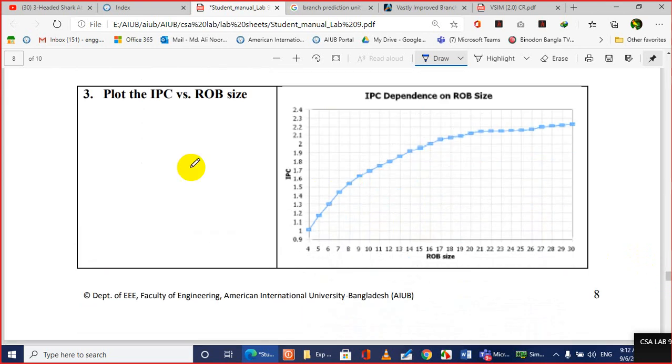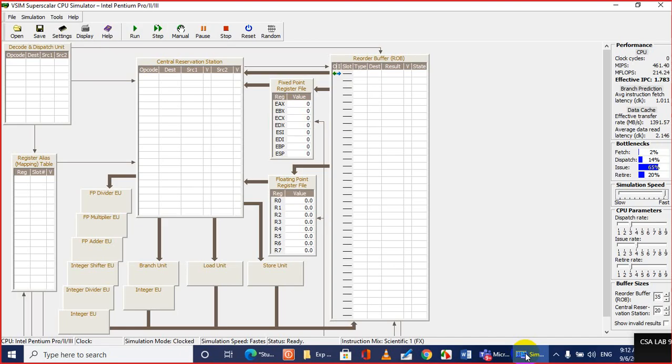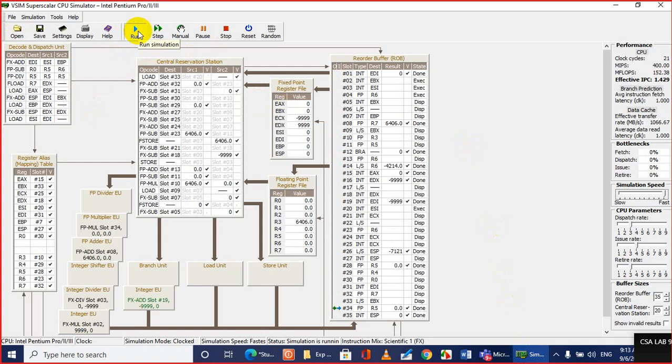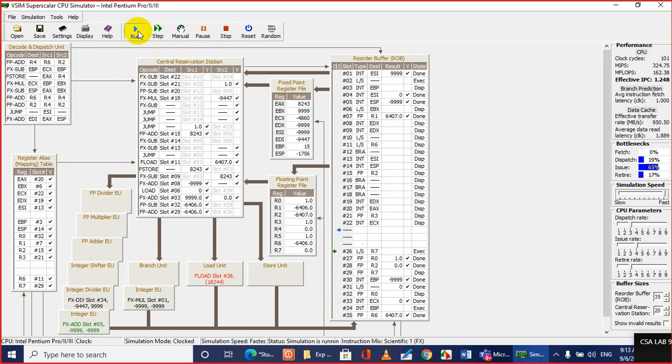Third plot is the IPC versus reorder buffer size. Again, as you increase the reorder buffer size, it increases the performance. So that's your lab today. You will simulate the system and plot the curve. Once you are done with this system,